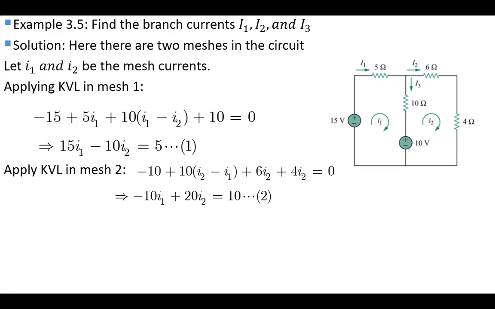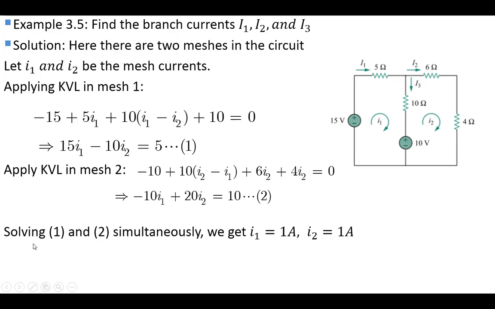The solution is up to you students. There are so many methods. We already discussed how you can use a calculator. You can use the calculator, Cramer's rule, the elimination method, Gauss-Jordan, Gauss elimination, any kind of method. We don't want to go into mathematical detail. Obviously this is a simple exercise for you. Anyway, the solution for these 2 equations is I1 equals 1 ampere and I2 equals 1 ampere.